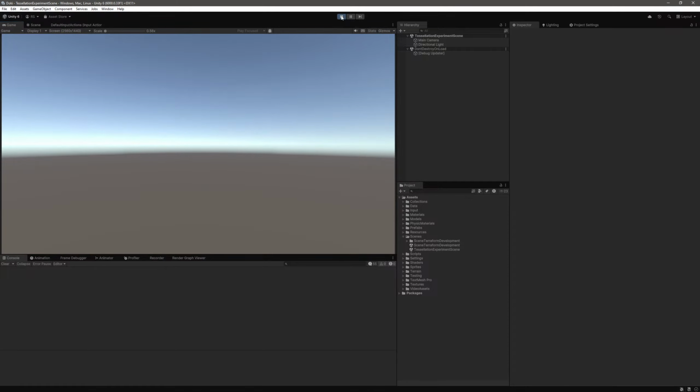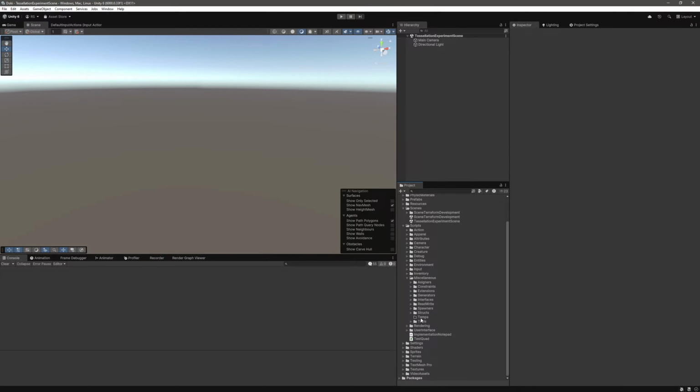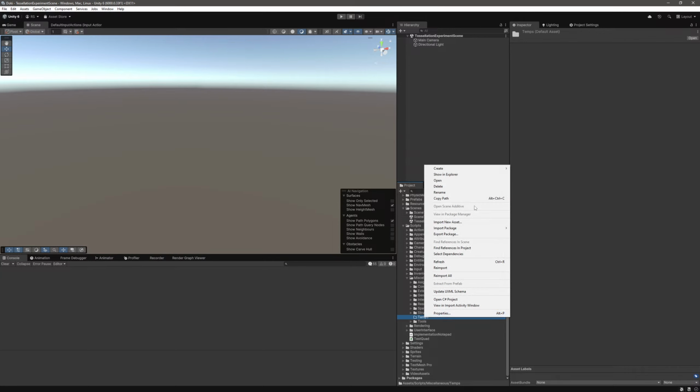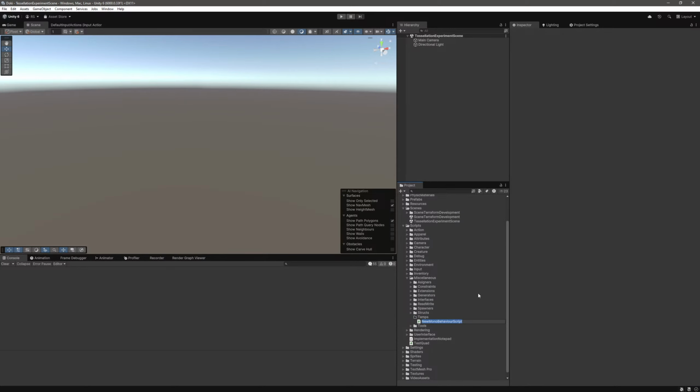Beautiful. And then we do scripts. We're gonna do misc temps. Yeah, let's put it here. I'm gonna create a behavior script, and we're gonna call this one